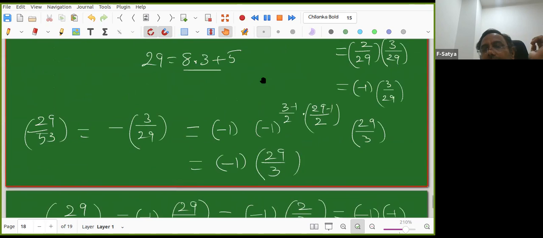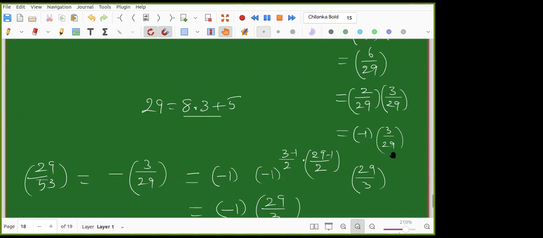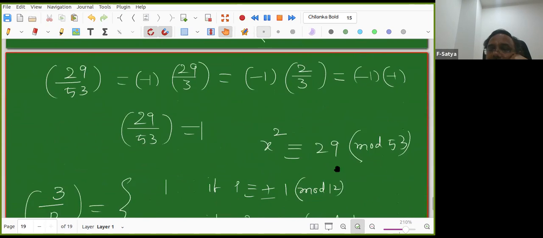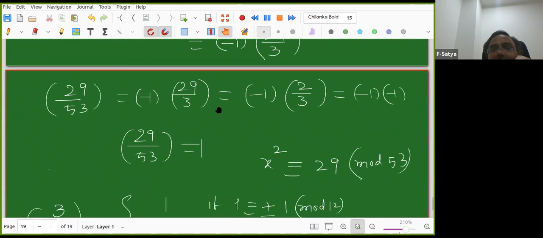39 is in which form? Directly you can apply it here. 39 is in which form, based on 12? 12 into 2 is 24, and the remainder is 15, so 39 is 12 into 3 plus 3... So there it is -1, right? Yes. So then you can use it. We have not proved it; that's why I did all those things.